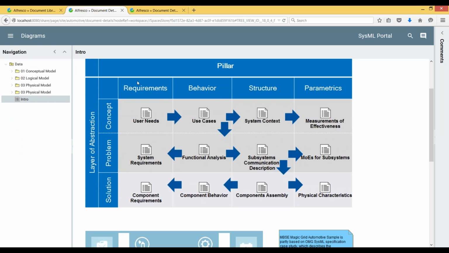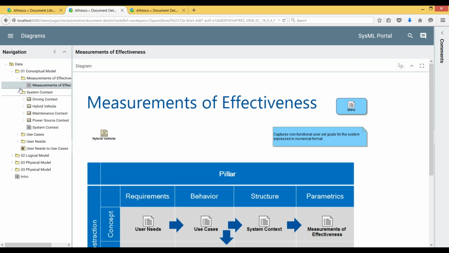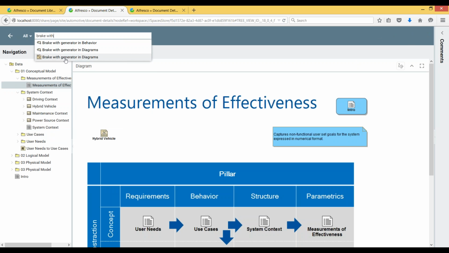And in this case, we have the diagrams, we have the possibility to browse in the containment tree, so navigation. Then we also have the possibility to add comments. Or to find, let's say, the project, which is our break with generator